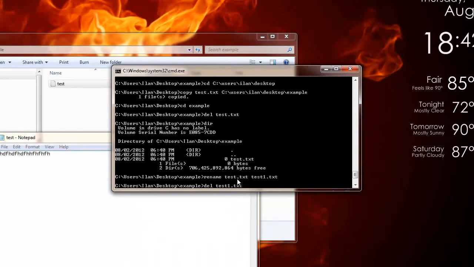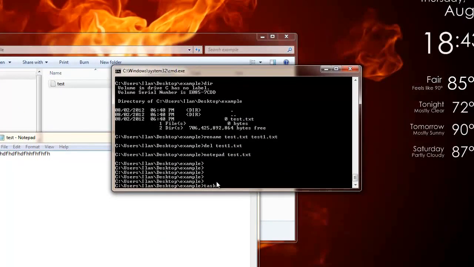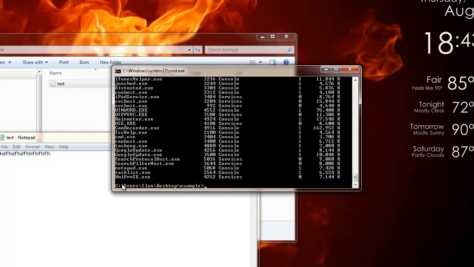I'm going to go in here and I'm just going to write task list. And you'll see that I have Notepad open. I have Notepad open in the background, and command prompt is telling me, yes, I see Notepad in the task list array of files, right? So I'm going to use task kill